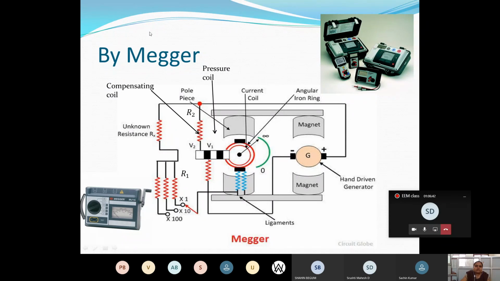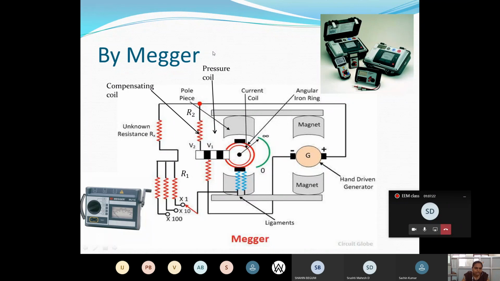Why do we have to learn this Megger circuit? This Megger circuit gives the resistance value, testing of resistance at a high level. That means if you want to test a resistance in terms of mega ohms, for a transformer, for cables, different insulation cables, which have high resistance values. For that reason, we can't do the testing using a Wheatstone or Kelvin bridge. It's not possible because their precision is only in terms of 1 ohm or 0.5 ohms, your Wheatstone or Kelvin's double bridge.